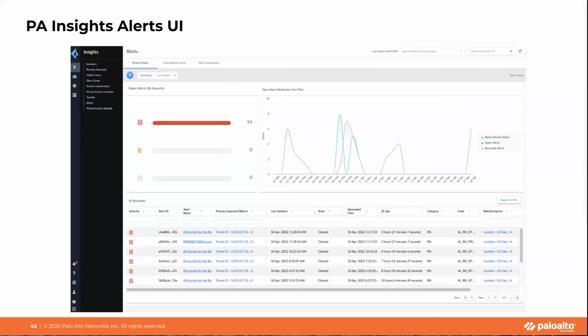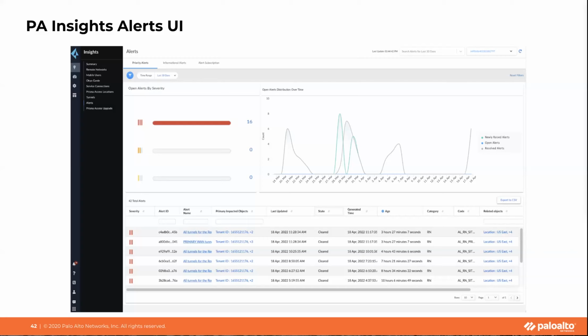So the informational alerts are separated, in a different tab from the priority alerts, to reduce the visual clutter for you. So the priority alerts describe the status of your Prisma Access environment. That's why we are calling them environmental alerts also, especially if something went wrong and something is not working as expected. Prisma Access generates alerts when an issue is raised and also when it is resolved, so that you know